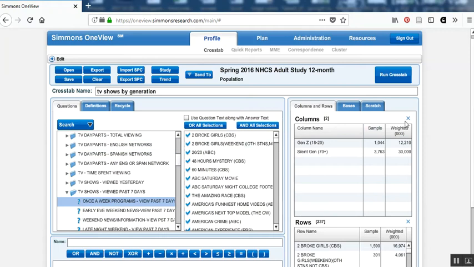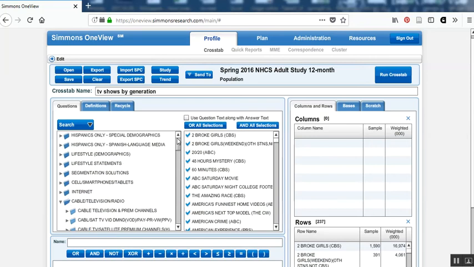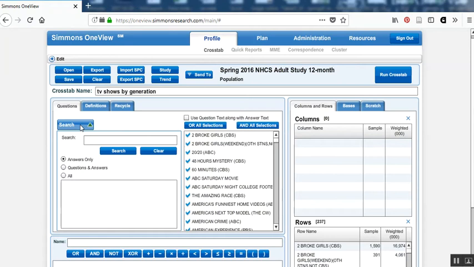So I'm going to clear out my target audience, and this time I'm going to look for the shows that are watched by people that are in their 30s that have brokerage accounts. So how are you going to find those? It can be really daunting to have to expand all of these categories. So another way you can approach finding out what's in the survey is to go to the search button, and I think it's best to search for both questions and answers, and just search for keywords. So I'm going to just type in brokerage,